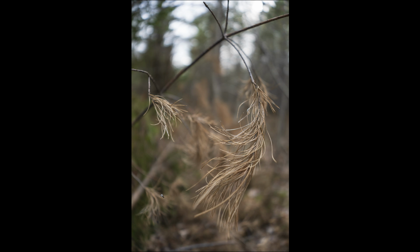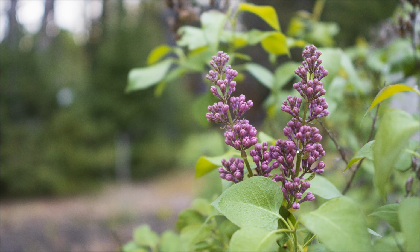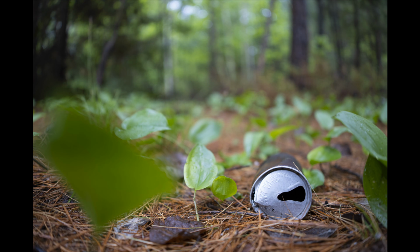It's not like blown out completely amazing, but it looks fairly good. Likewise here, a little bit further out, but you can see detail is good on the subject, and the bokeh quality is fairly decent. Here's another that I really like, where I do like the look of the background, and